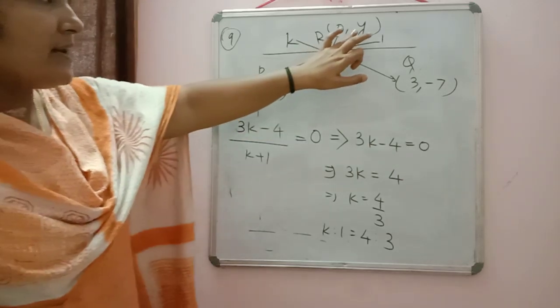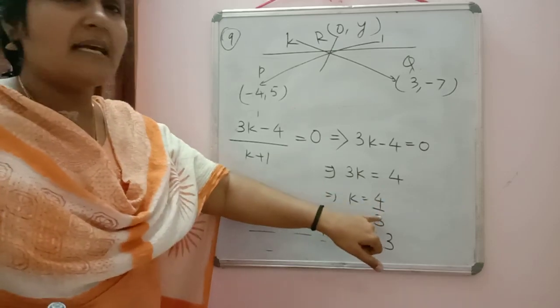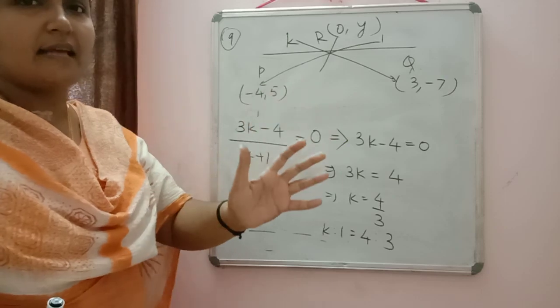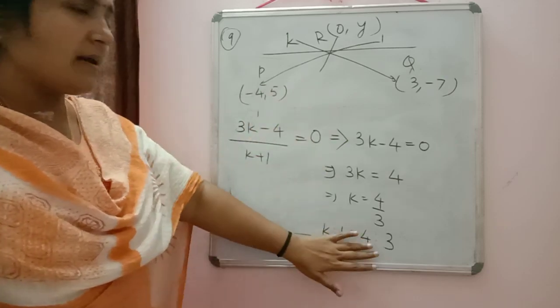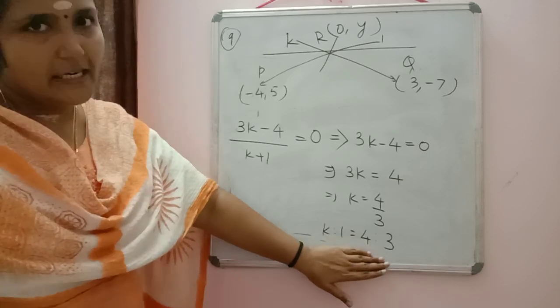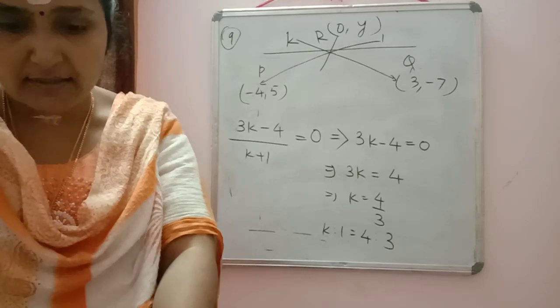Now, previously I did not write the value of y because if you take k equal to 4 by 3, you have to solve the question with fractions there. So sometimes the chances will come that you will make a mistake there. So after finding the ratio, we will calculate the value of y because it is asked here.